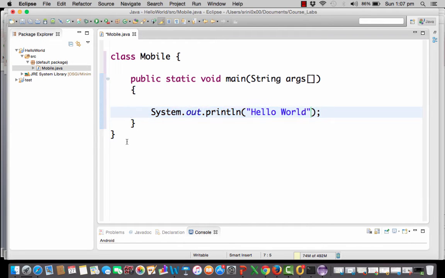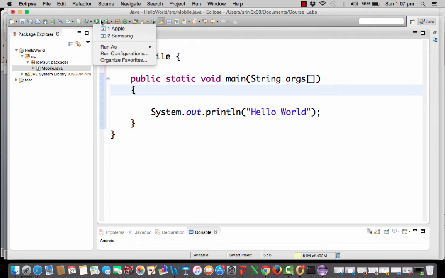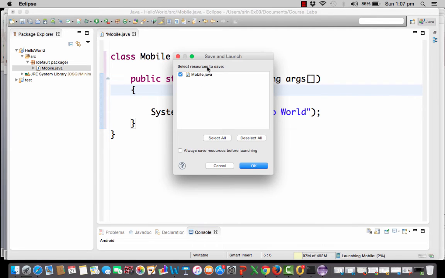Well, now how to run this? It's as simple as clicking this button. So if you notice, we have a button here which is run mobile.java. All right, let's do that. If you notice, it is asking us to run mobile.java,